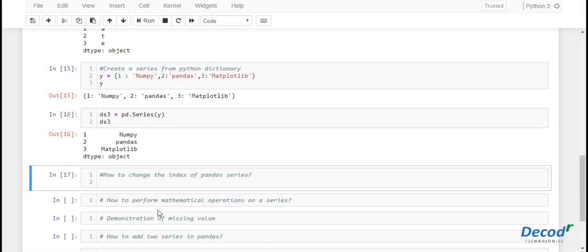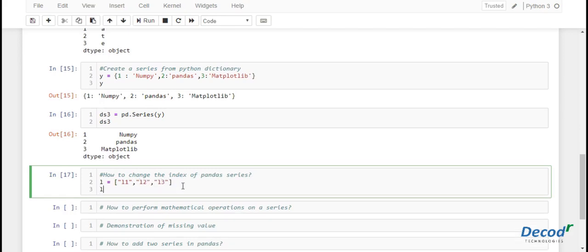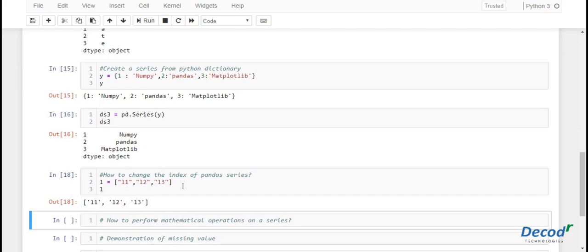Let's change the index of pandas series. For indexing in pandas series, first we will create a list. Let's name the list as L. L is equal to, since there are 3 elements in the pandas series, let's have 3 elements in the list. This is our list. We want this to be the index to the values, so we write the following code and run it.